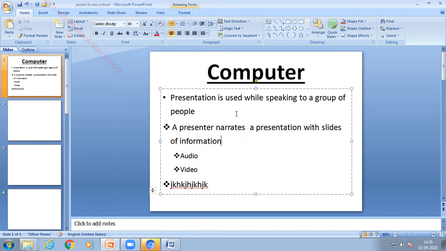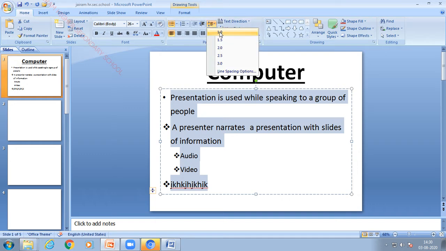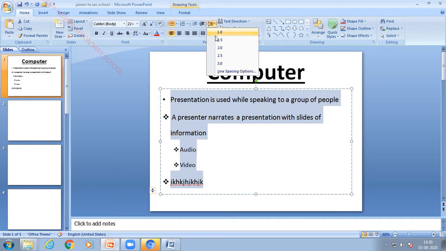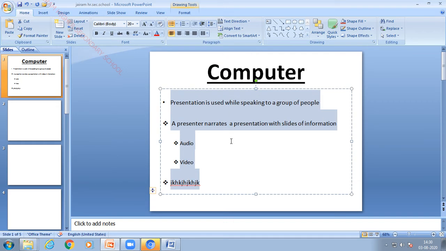Can you see the difference? Yes, it has some space after the first line. Can you see the difference here? Once again I will do it. First you have to select the required text, then select 1.0, then select the particular text, then I am going to give 2.0. So according to the line spacing, it will leave space after the text. Can you understand this? So this is called line spacing. So this is the way you can change the line spacing.